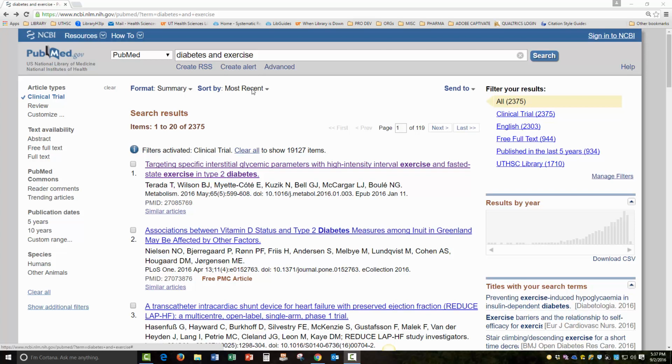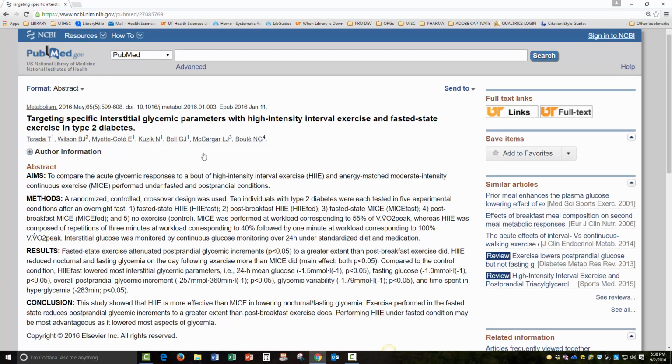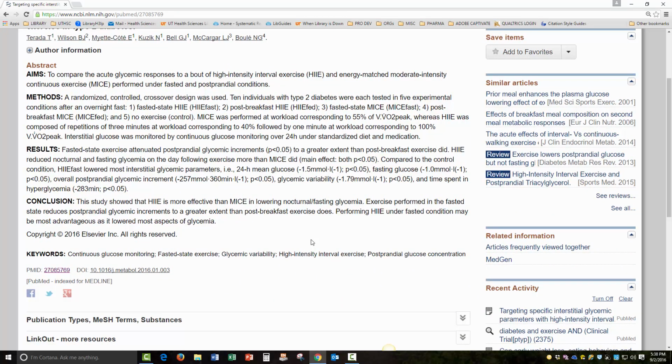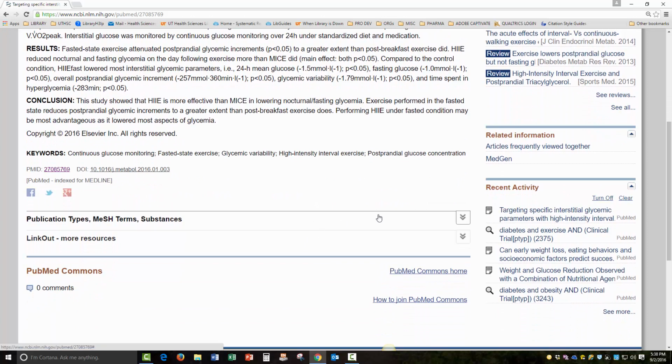One final point I want to make about MeSH terms. Here I'm just in PubMed. I'm not searching MeSH or using MeSH terms. I'm just using straight text word searching, or keyword search, for diabetes and exercise. So you conducted the search, and let's say that you find an article on your list that's highly relevant and it's what you're looking for. So you've clicked on the title and you've looked over the information and it looks good. If you scroll down on an article that you really like when you've done a keyword search,